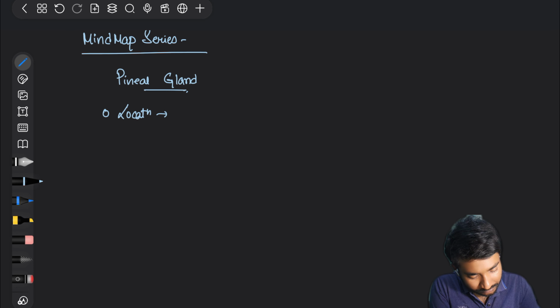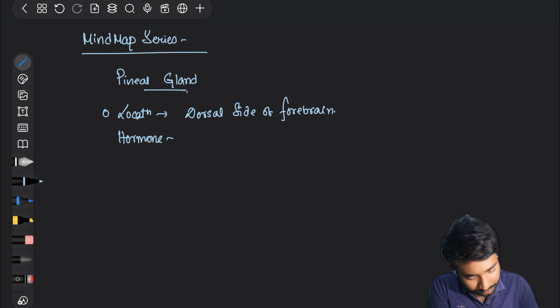Its location: dorsal side of forebrain. Hormone released: melatonin. Basic function: